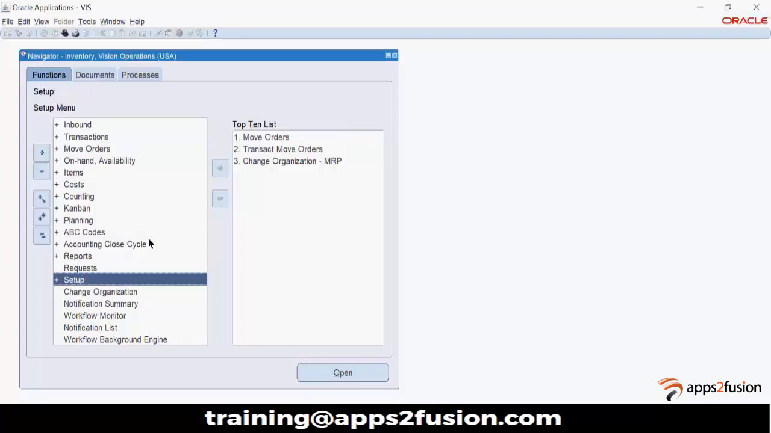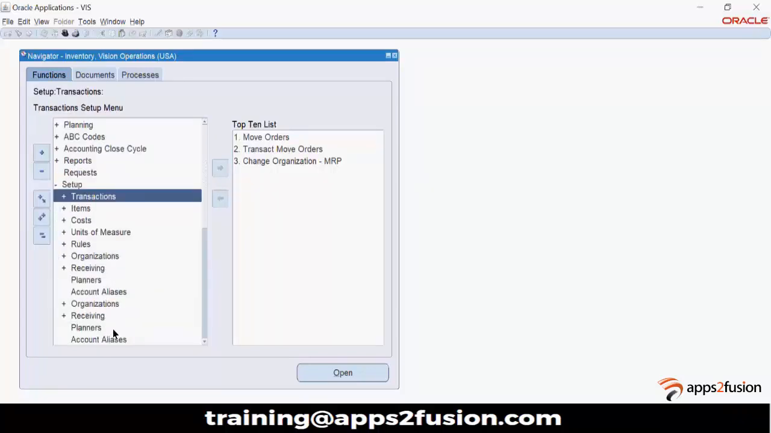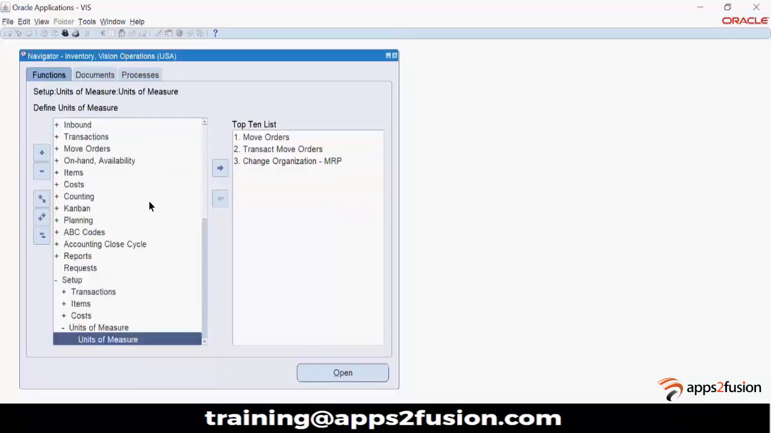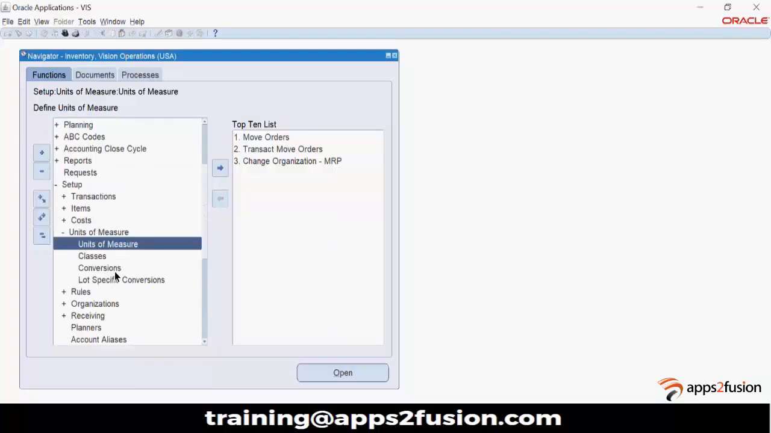So this is the inventory module, and in here when you come to unit of measure and unit of measure conversions,